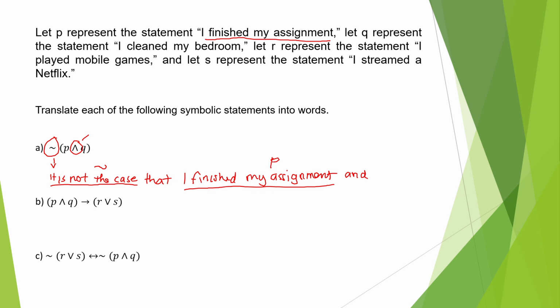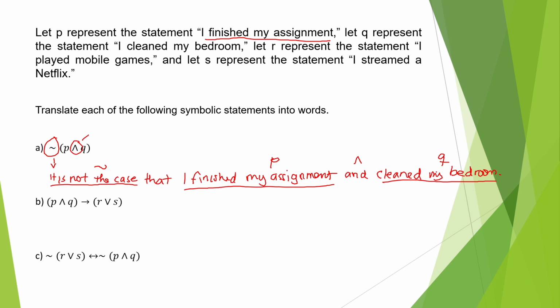This is our P and this is "and", and next one is Q. Q here represents I cleaned my bedroom. So it is not the case that I finished my assignment and cleaned my bedroom. So therefore this is our Q.